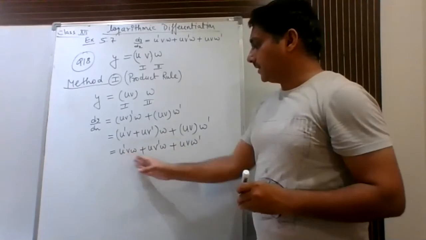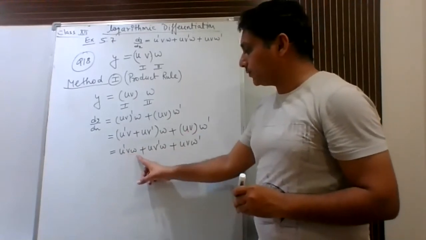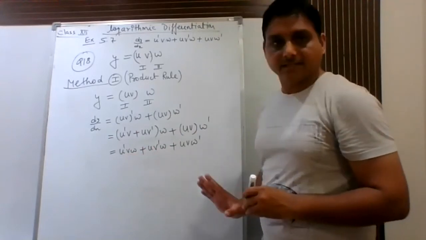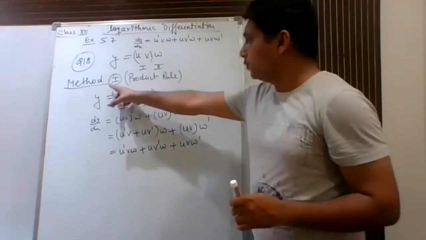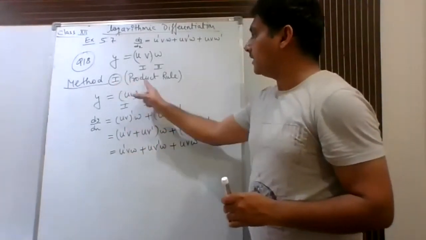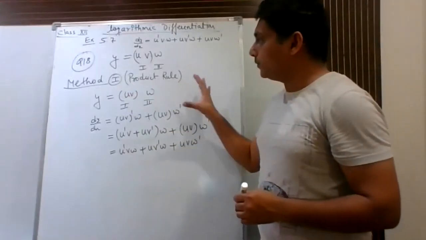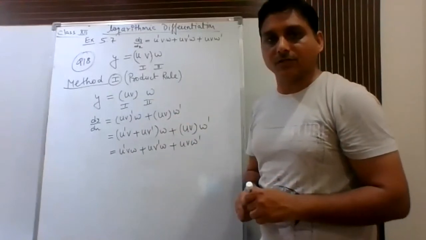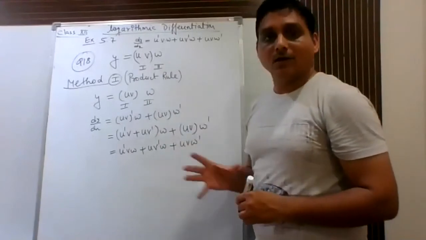So this is the product rule for three functions. First's derivative, these two as it is, middle's derivative, these two as it is, third's derivative, first two as it is. This is known as the product rule for three functions. We have proved it by this method number 1, that is repeated application of product rule. Now we are going to prove this by the second method, that is logarithmic differentiation. So now let us see how to prove this using logarithmic differentiation.